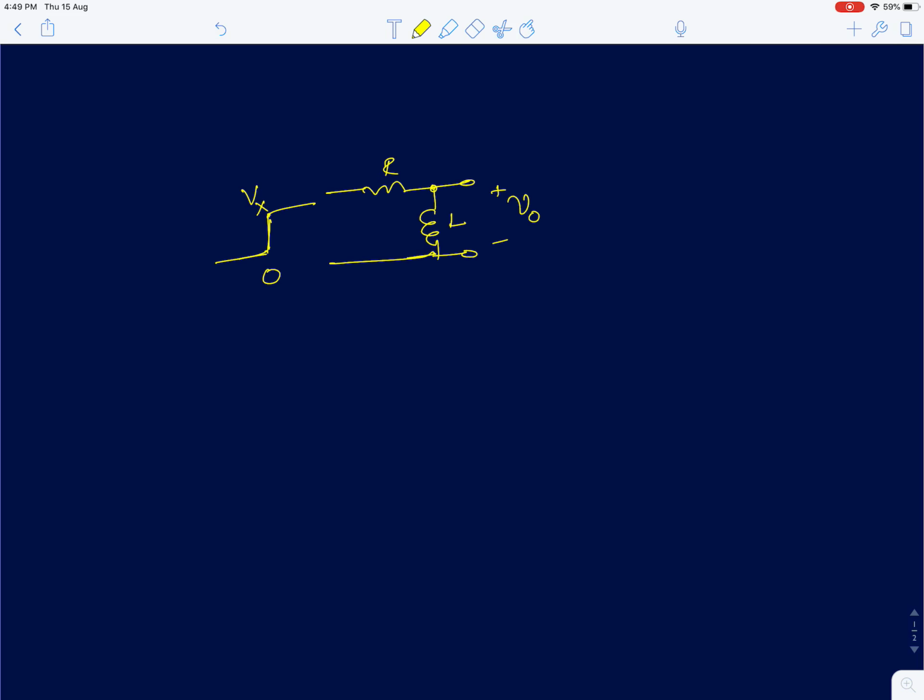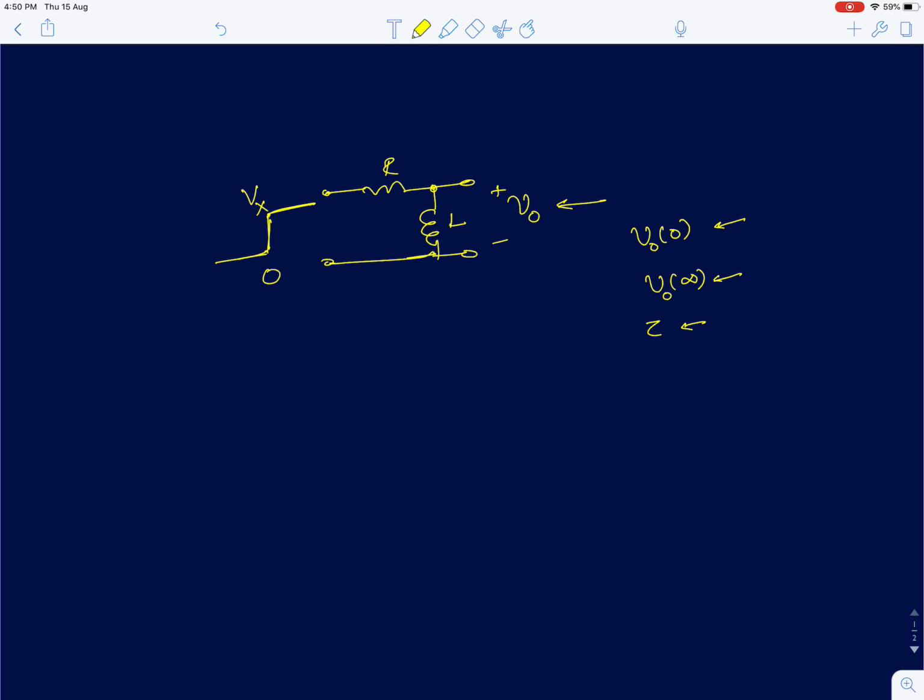So I'm applying a sudden step input at the input, where the input voltage goes from 0 to Vx, and you are supposed to plot the voltage across the inductor. Now we know that to analyze this in the time domain, you just need to know three parameters: V0 of 0, V0 of infinity, and the time constant. Once you know these three, you can very easily draw. In fact, the first order step and impulse responses can be easily drawn by the knowledge of these three parameters,